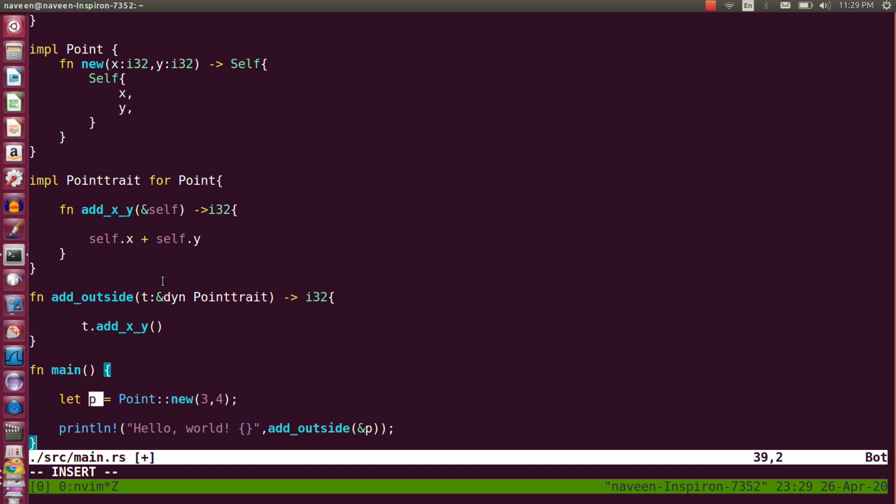from some other function which accepts the point trait, then we can create a function. This is the external function,